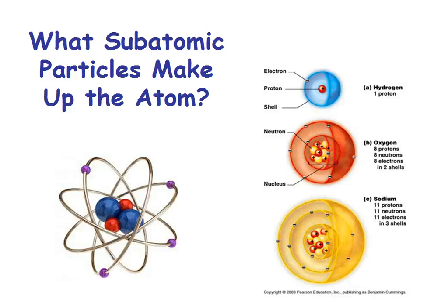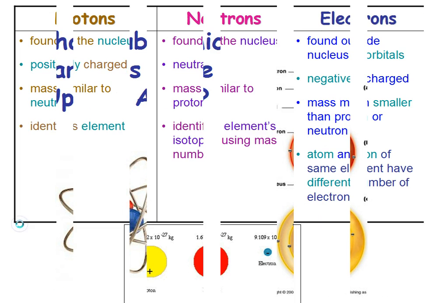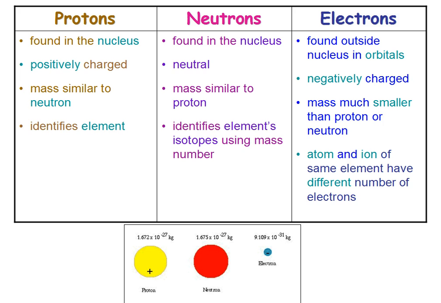So this video is going to focus on the first topic in our atom unit, which are the particles that make up the atom. Specifically, we're going to review what you should expect to know about protons, neutrons, and electrons. Both protons and neutrons are found in the nucleus, while the electrons are found outside of it in generalized regions called orbitals. Protons are positively charged, neutrons do not have a charge, they are neutral, and